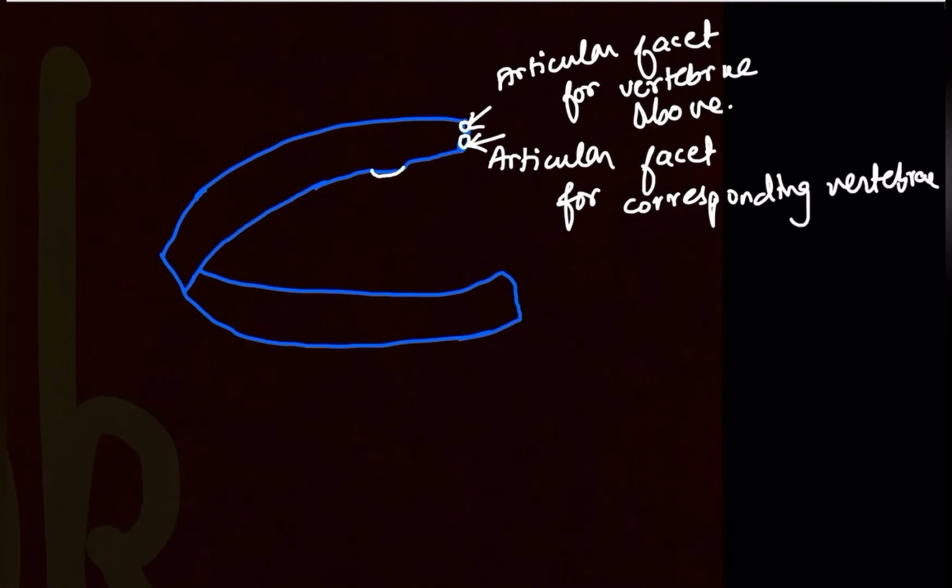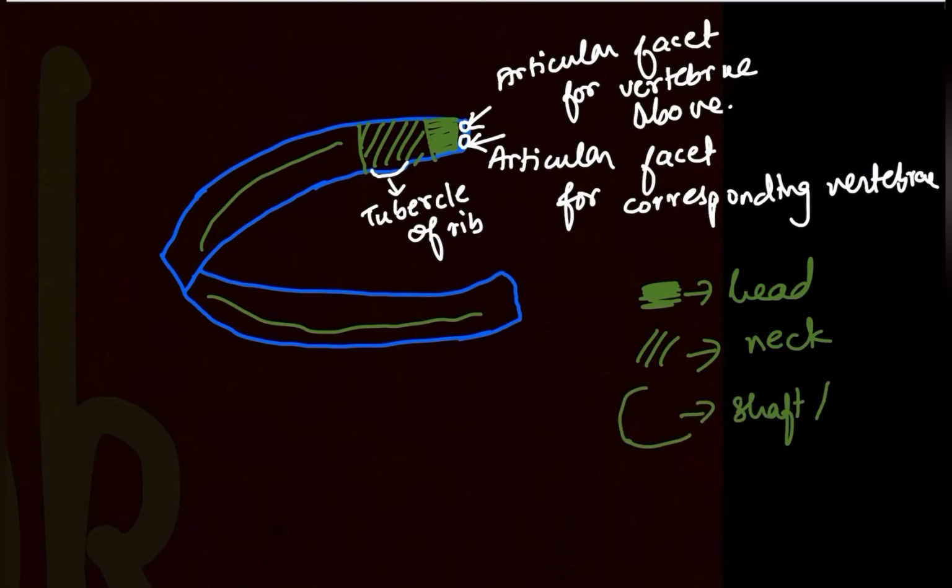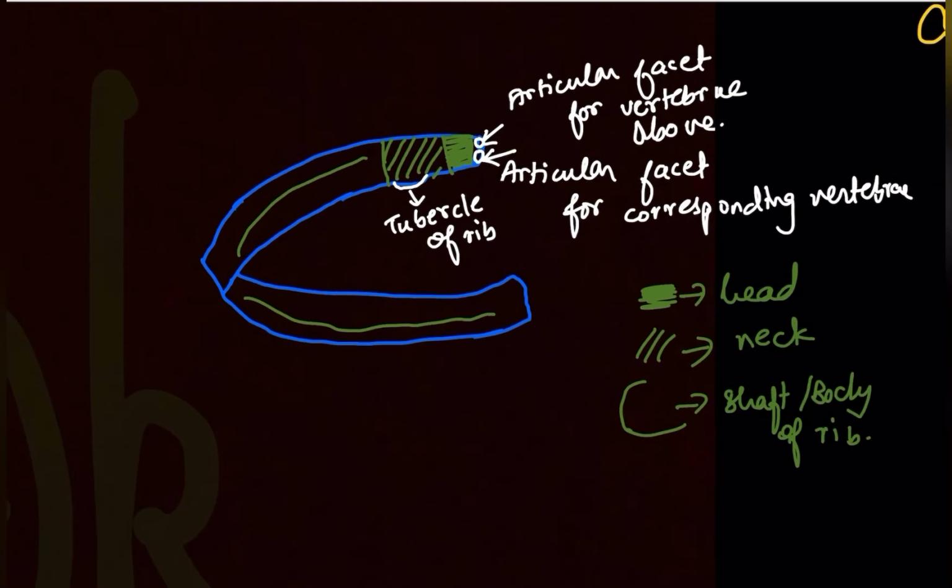Then you look at this, right? This is the tubercle of the rib. Now, this is something you should know, that this is termed as the head of the rib. Okay, this whole part is the head of the rib. Till here you will have the neck of the rib. And then you will have this body, or you can call this the shaft of the rib. Okay, so this which I've colored is the head of the rib. The diagonal lines are the neck of the rib. Neck is doing nothing, but it's connecting the head and the body, okay? And neck will have this tubercle. And then this is the shaft or the body of the rib. This is the view of a typical rib. Okay, how a typical rib looks like.